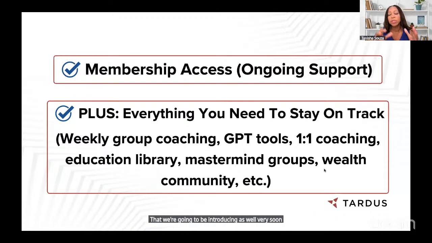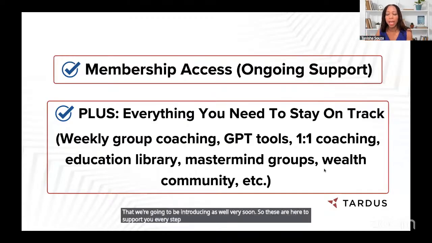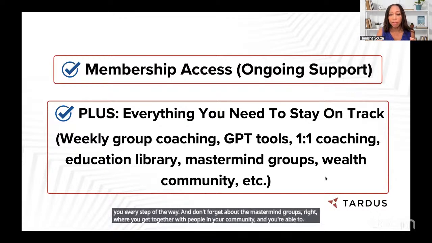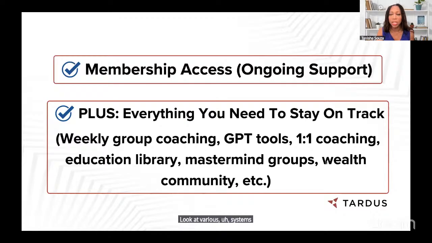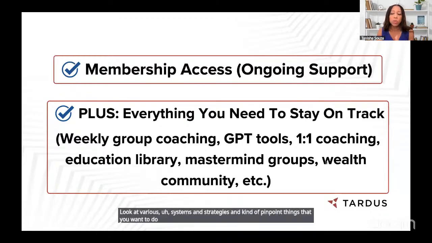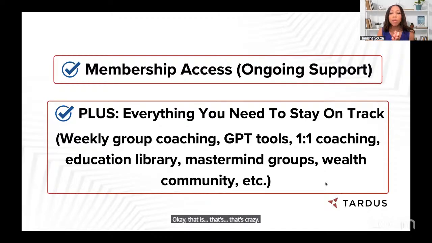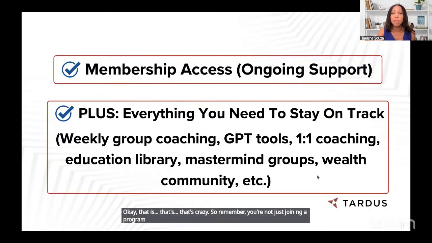So these are here to support you every step of the way. And don't forget about the mastermind groups, right? Where you get together with people in your community and you're able to look at various systems and strategies and kind of pinpoint things that you want to do differently. We have exclusive events and exciting bonus content. Okay, that's crazy. So remember, you're not just joining a program, you're becoming part of a community that's committed to